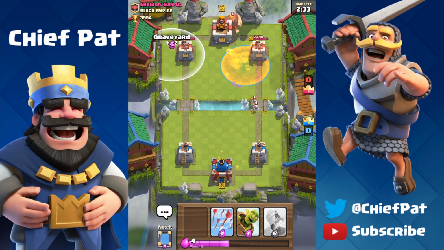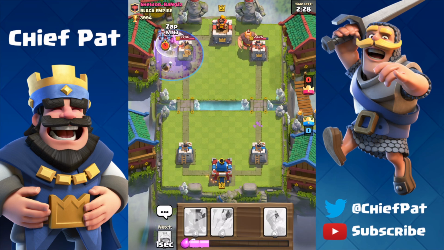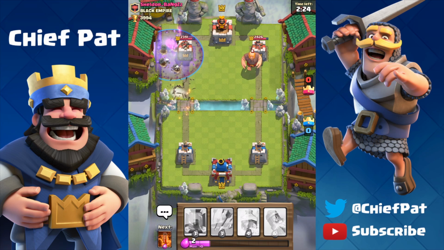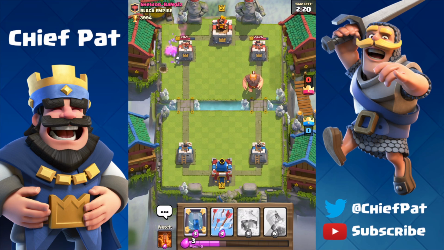There goes a Giant. And you know what? Let's go for a Graveyard Goblin Barrel push. Why not just throw them both at once? He's got his minions right here. I'm going to zap those down, but he has the Log, which is just the perfect counter to our deck. That Log was so good at killing the skeletons and the goblins,